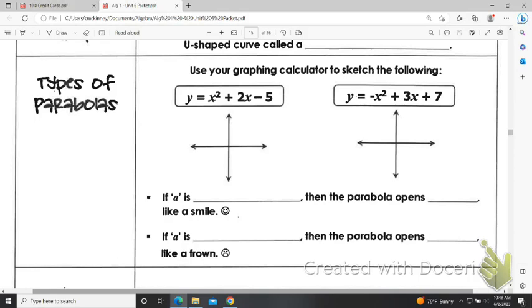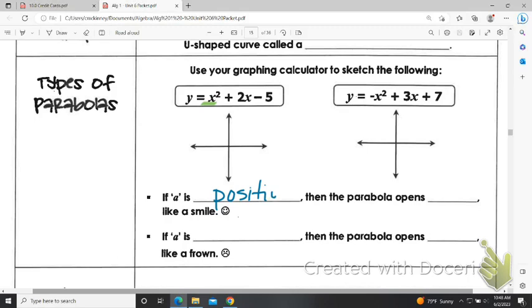All right, friends, so now we're going to look at something, and we're not using a graphing calculator. I can show you that technology, but you will learn to do this by hand. I have done a little more work already so that I know about where these parabolas will be. A couple general things that we want to know is that if the a, the number in front of x squared, the coefficient of the x squared, which means if it's just x squared, that's a 1, if a is positive,